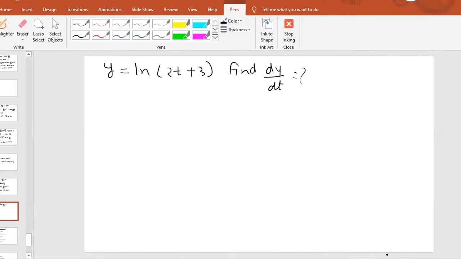Can you get the answer for this? Y equals log of 2t plus 3. Find dy by dt. Okay, so the answer would be